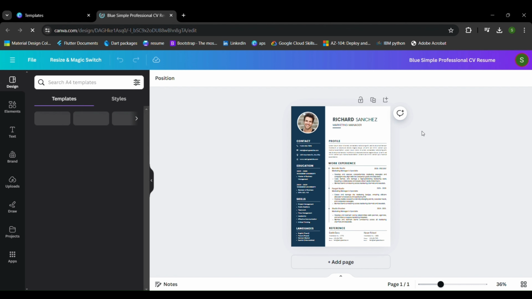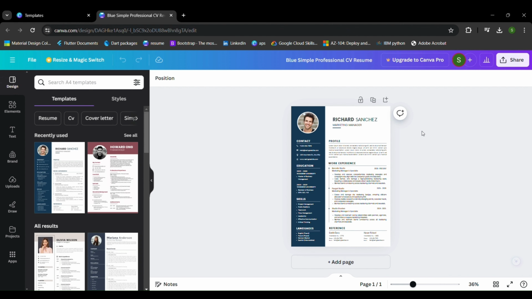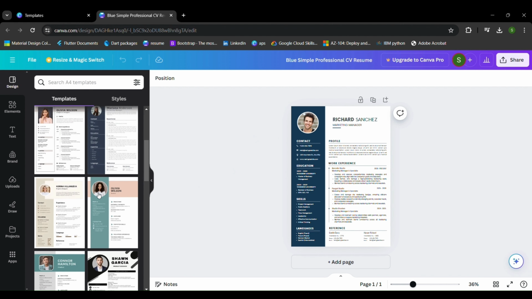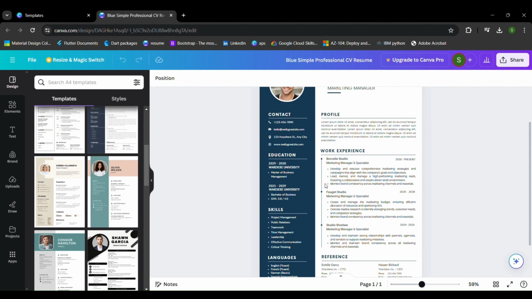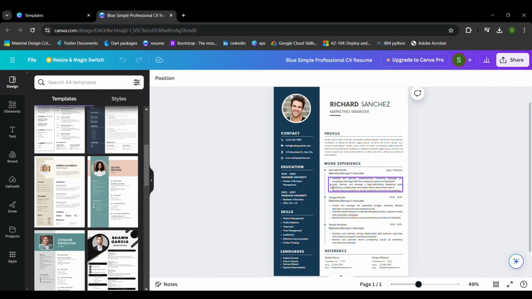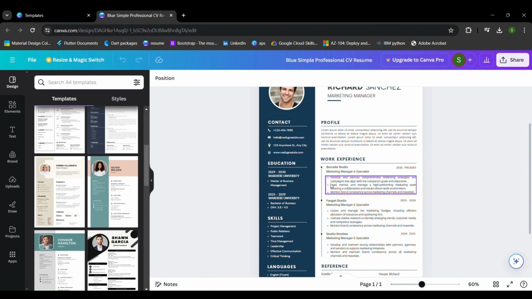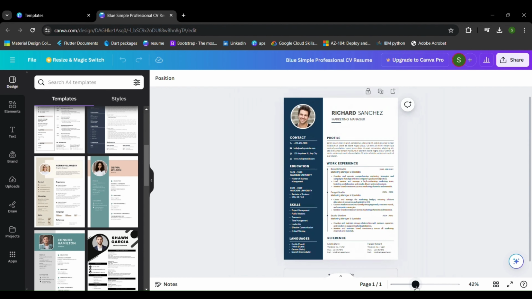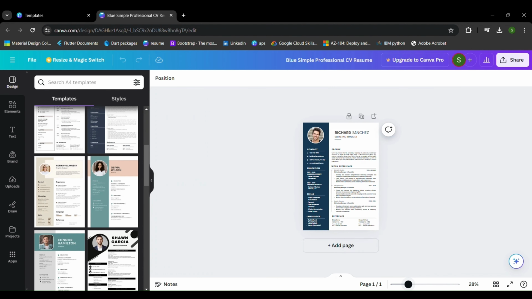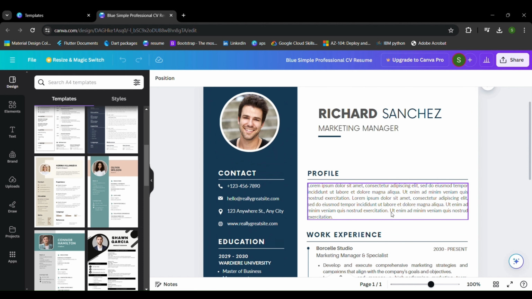So now our resume is loading. This is a template, and you can see similar templates are also here. So let me just zoom in. You can drag and drop with your mouse control or your trackpad. If you're using a laptop, you can use your trackpad to zoom in. Else, don't worry, just come here, and you can see this quick toggle button over here. Now just zoom in, zoom out. So let me just zoom in, and yeah,